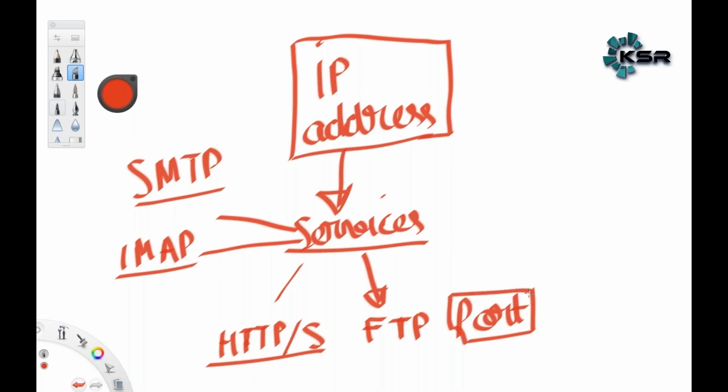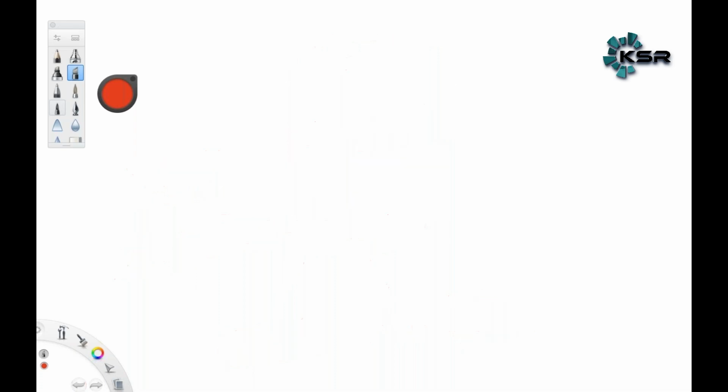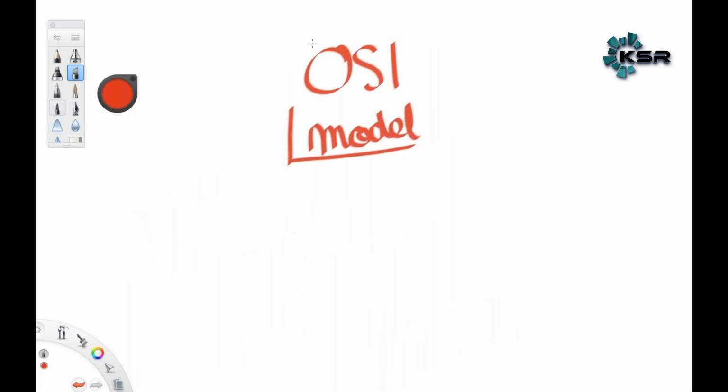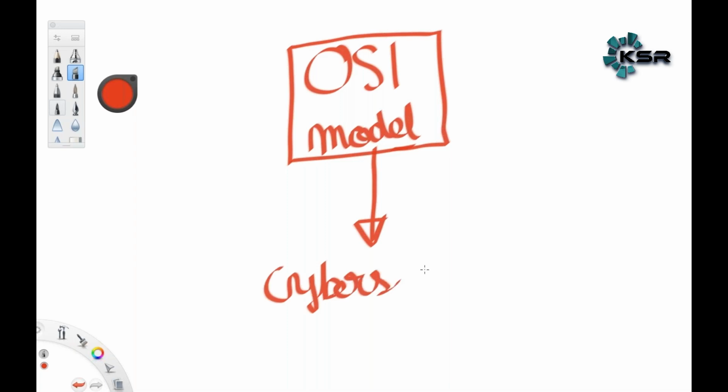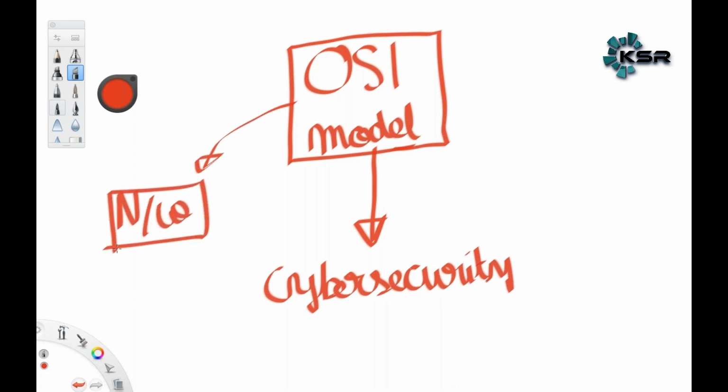Okay, so this is something that we will deal with in the first class, and I will make you understand a very common model for networking, which is the OSI model. It's a 7-layer model that we will deal with, and we'll try to understand how it works, and we will map this OSI model to cybersecurity frameworks. Because basically the OSI model is a model for networking, but this is not a networking class. It's a cybersecurity batch.